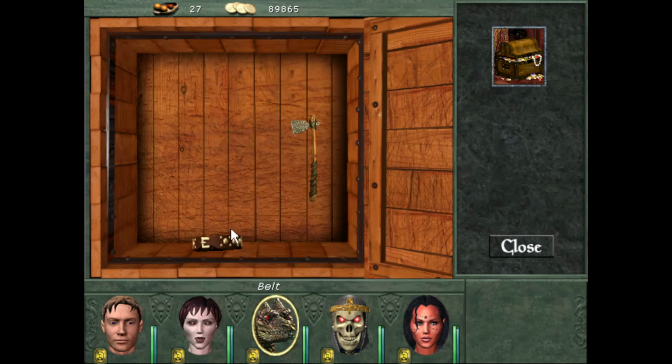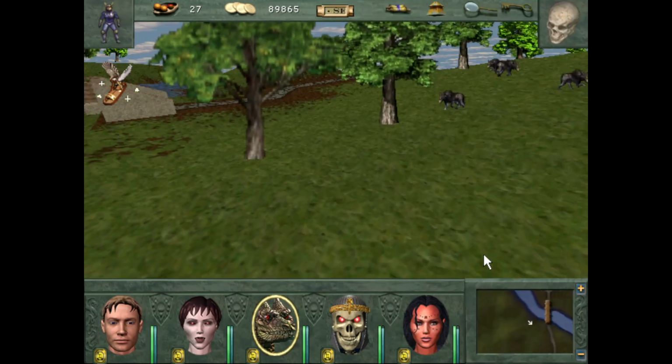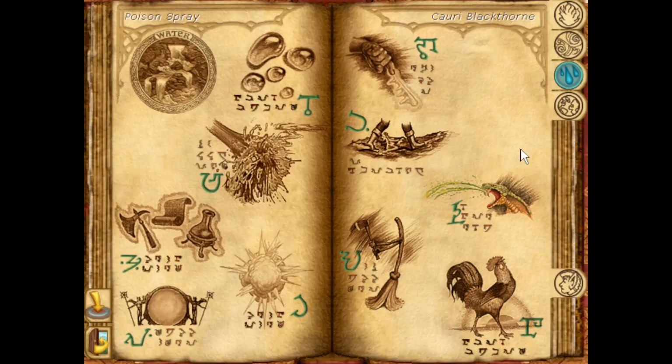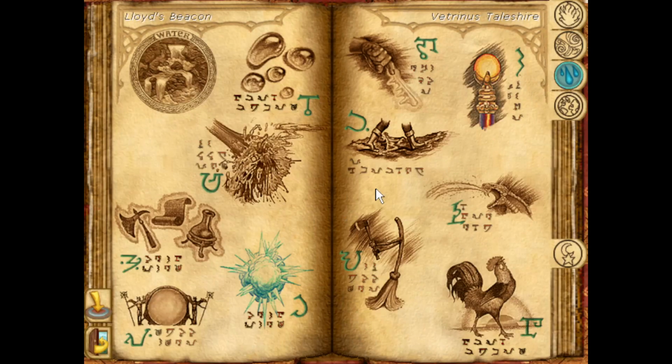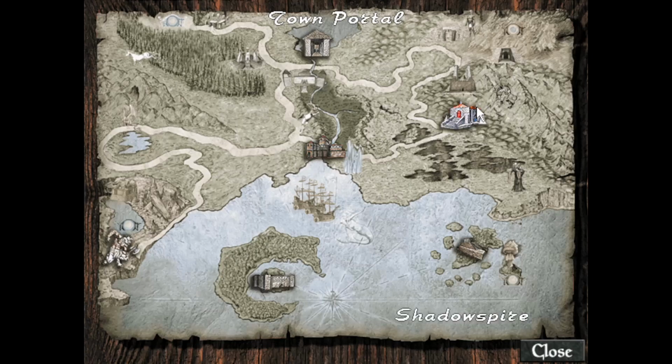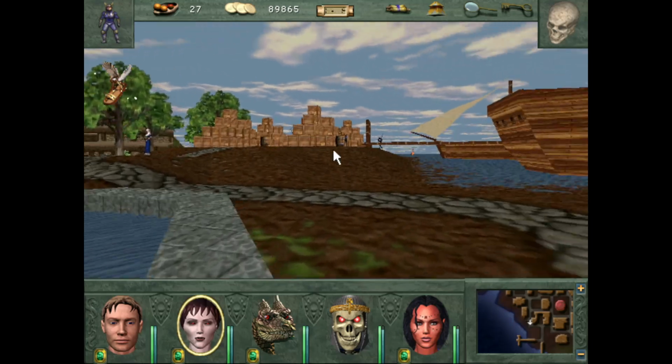Well, that's a very nice suit of leather armor. Worthless, which gives us a bit of money. I'll even sell that. Okay. I'll portal to town to save a bit. I was saying, I'll portal to town, save a bit of time,